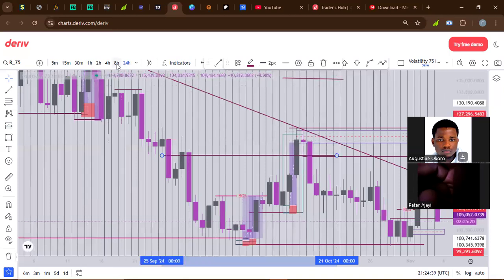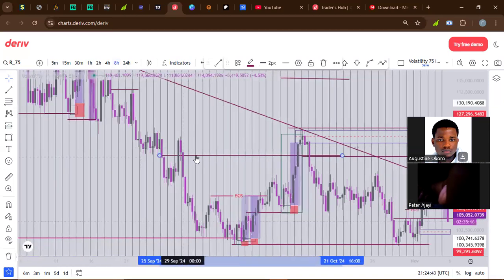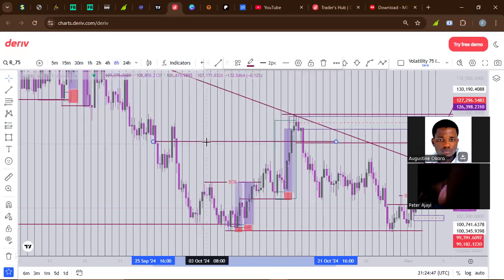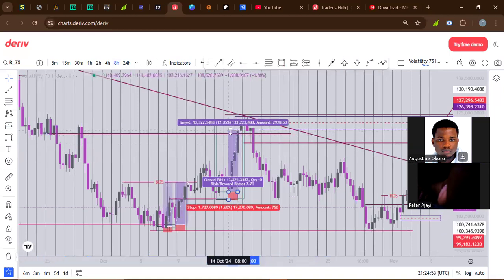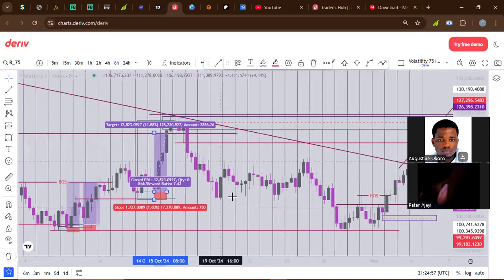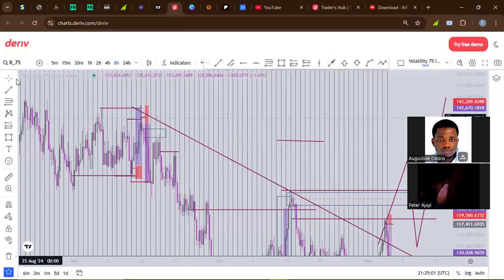If you go over to maybe the 8 hours, we see an order block that will just clarify that okay, this is another block. The market can just reverse from there. Then you just put your take profit right here. Then wait for the next day to start dumping, because you already know that the market trend is in a downtrend.